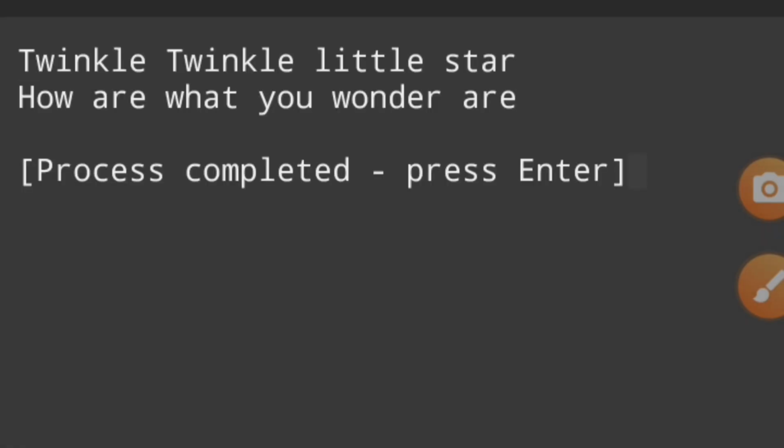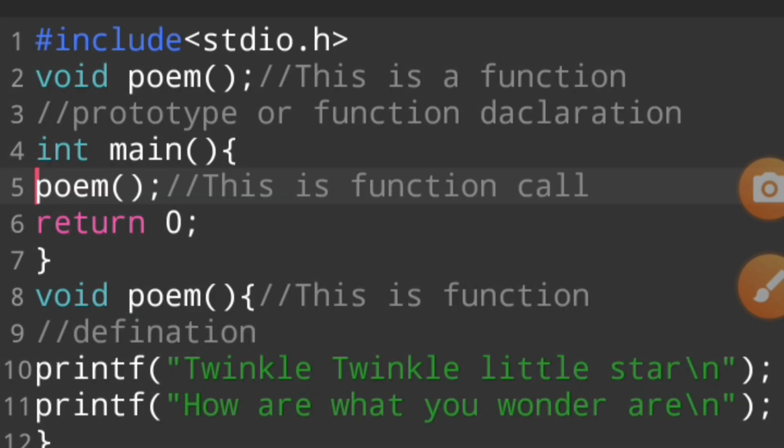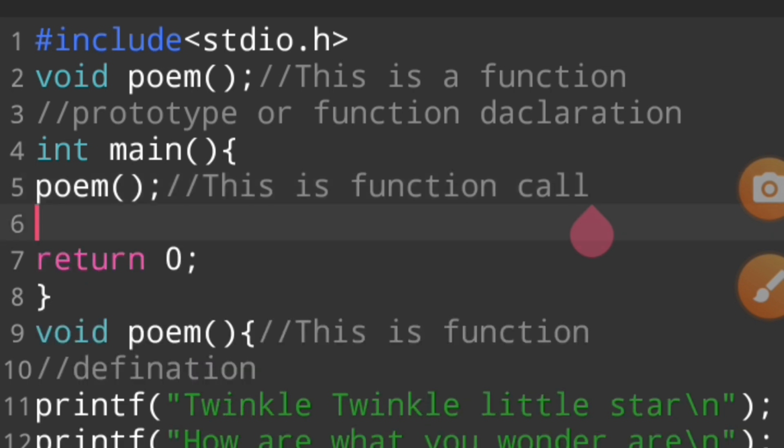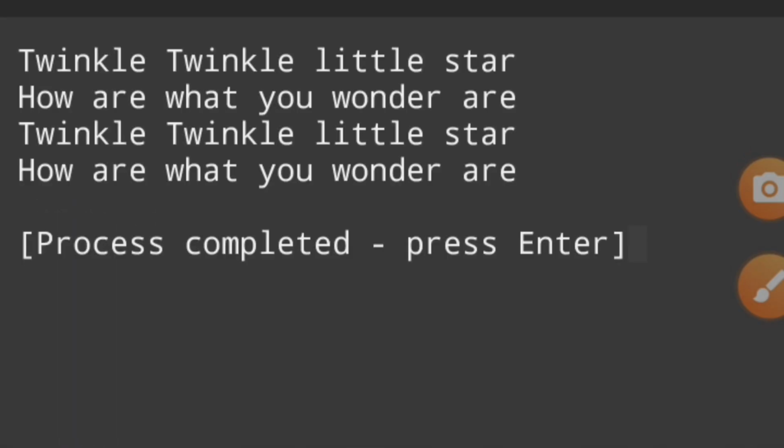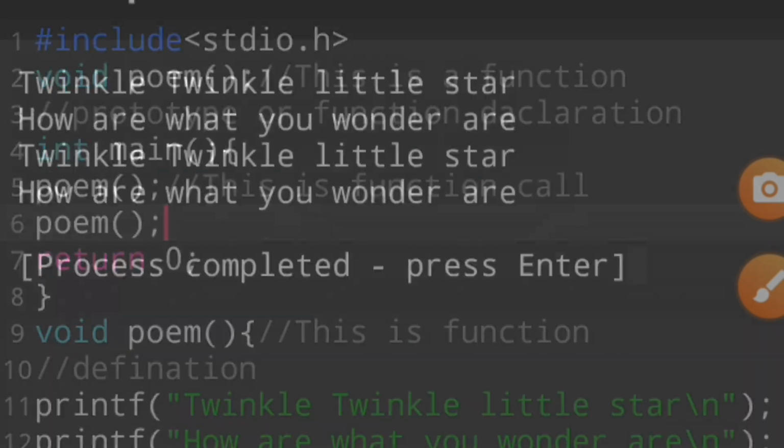If we run this program, see what happened. Twinkle twinkle little star, how I wonder what you are. If we call this function again, see what happens. If I run this program, twinkle twinkle little star, how I wonder what you are, printed twice.